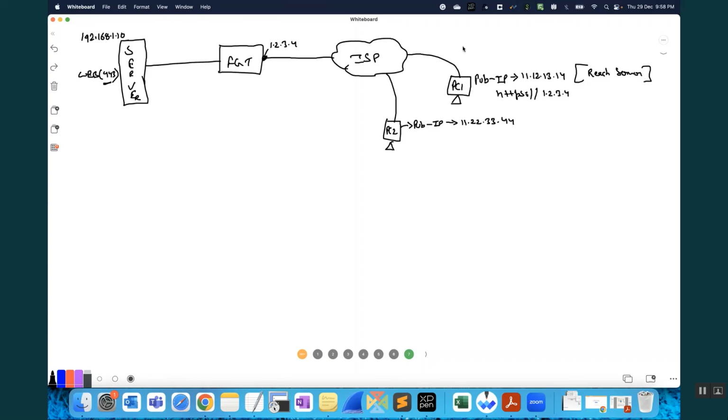Now that means when PC1 sends a packet, the source is 11.12.13.14, the destination is 1.2.3.4, the destination port is 443, and let's assume the source port is 5543. Clear? Okay. Now, this packet will reach the internet.